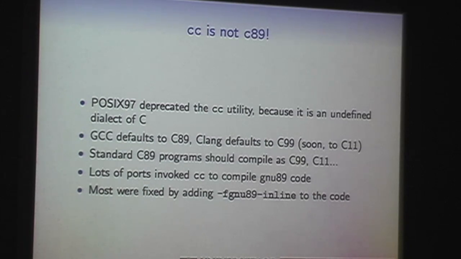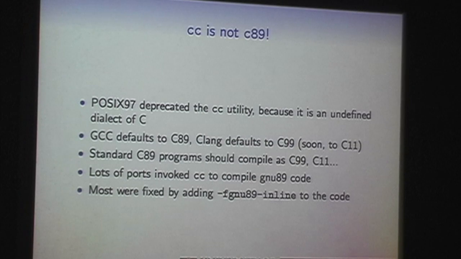And then C99 introduced an inline keyword, which had some different semantics. And the upshot of this is, if you compile GNU89 code that uses the inline keyword in C99 mode, you get linker errors for multiply defined symbols. And Luba's nodding at the front for those who can't see him. He's probably had to fight this problem with various linkers.